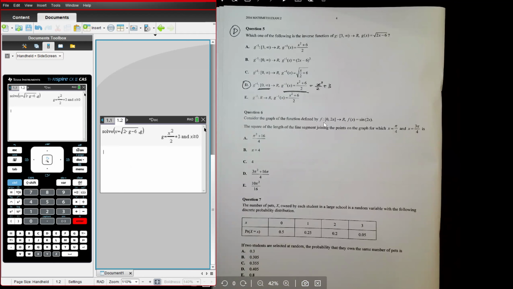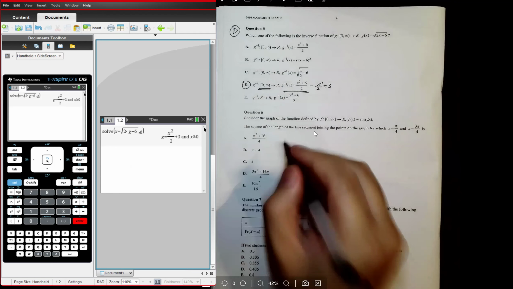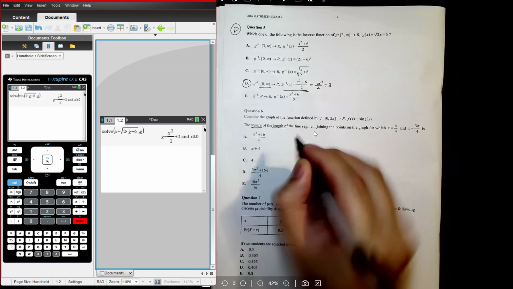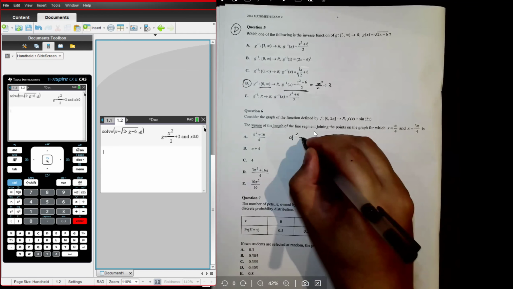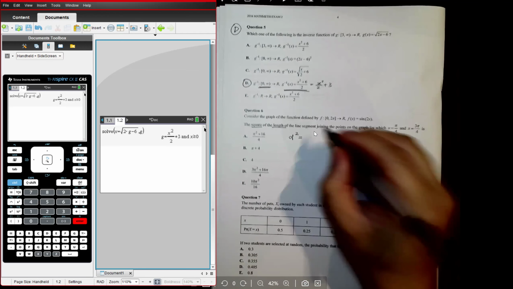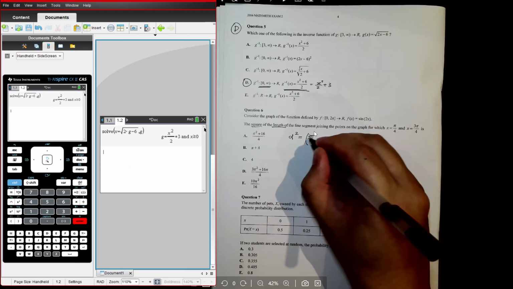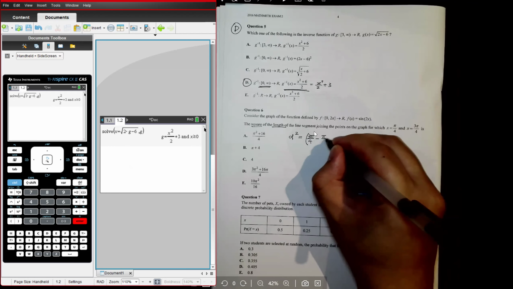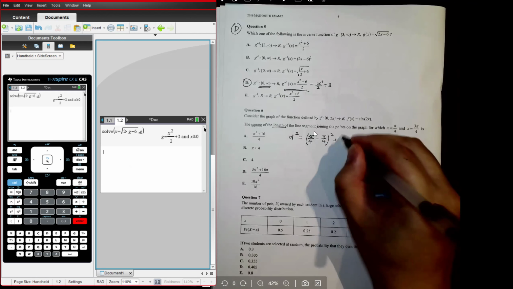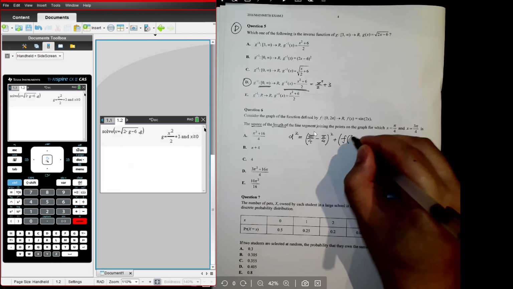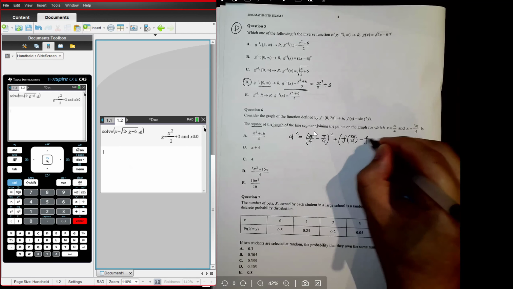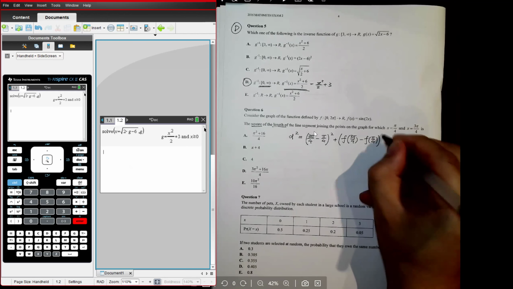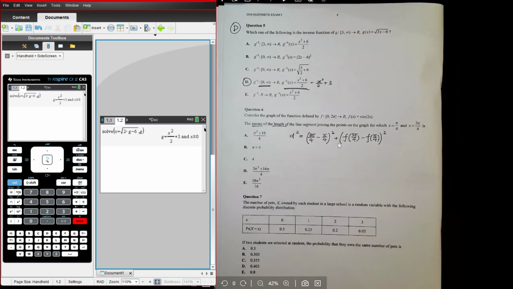Consider the graph of the function defined by f from 0 to 2 pi. F of x is sine 2x. The square of the length of the line segment. Notice that we would like to find the square of the length. In Pythagoras, if I call it d, the distance, then I just need to find d squared. And it's x2 minus x1. So you have 3 pi over 4 minus pi over 4 whole thing squared. Plus f of 3 pi on 4 minus f of pi on 4. Bracket square. So actually, you don't have to take the square root of that expression. Well, basically, you say, all right,